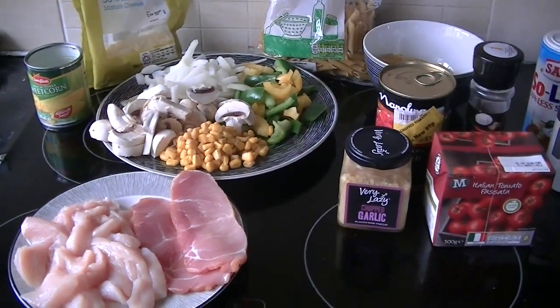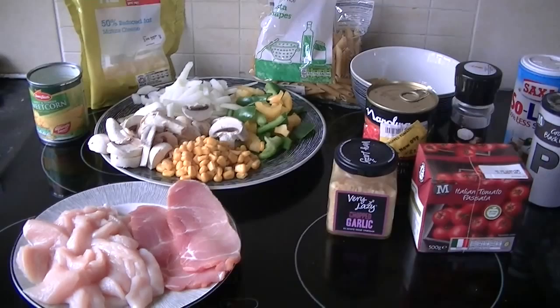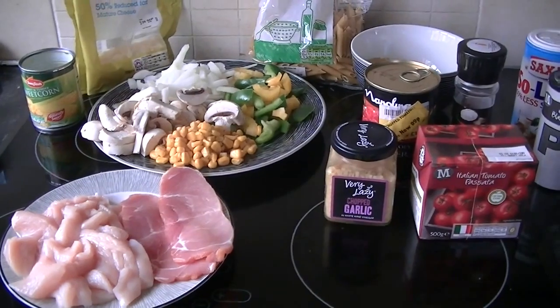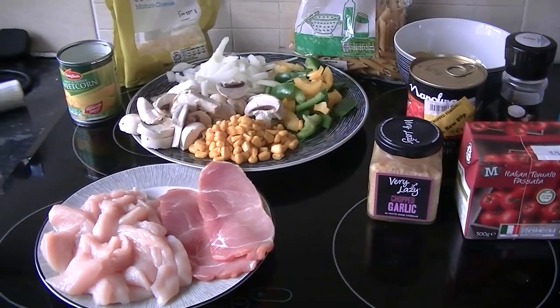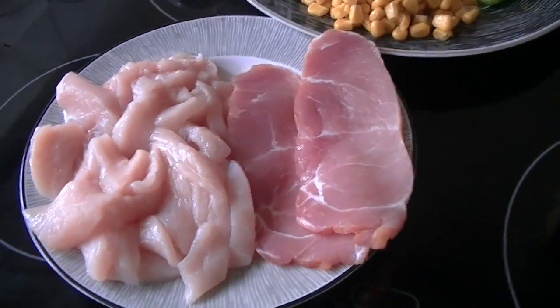Hi there, today I've got a recipe for you which is one of my favourite slimming world recipes that I do. I have this even when I'm not slimming. I'm going to make chicken and bacon pasta bake, and what you're going to need is some chicken breast and